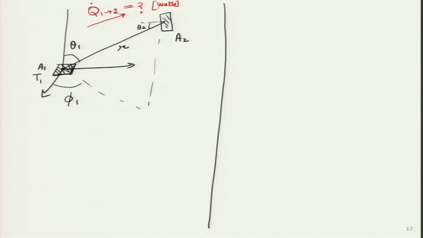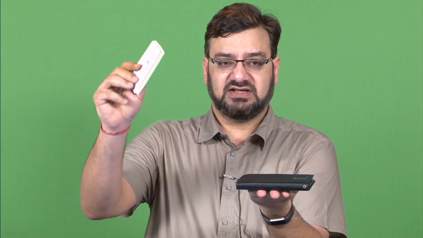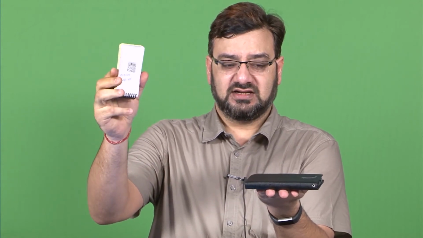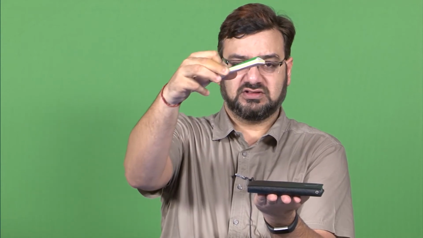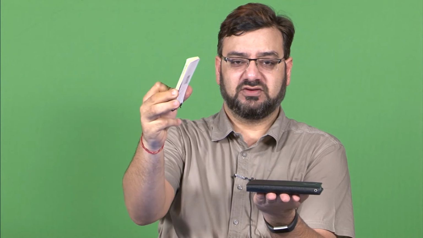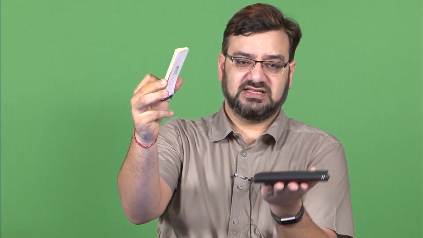So, for this particular example I need two surfaces. Let me go to the video mode, and what I am going to ask the student is, let us say this is my surface A1 which I have put at the origin. So, it is horizontal, it is put on the horizon over there. Then I have another surface over here which appears white. If it were right on top of one another, things will be very simple. So, I am going to pull it to a distance r apart, then move it around on the circle r, and then tilt it a little bit over here, which means I am asking that from the black surface, which is surface number 1, how much energy is emitting, because it is having a certain temperature T1, which is reaching surface 2.